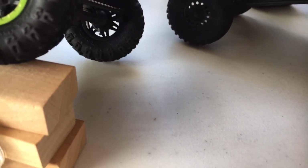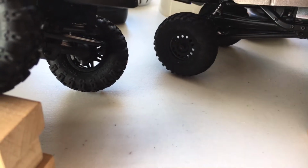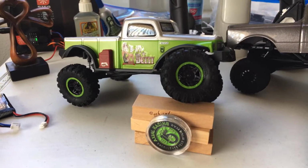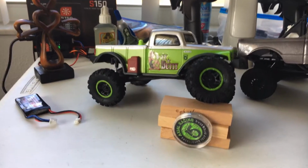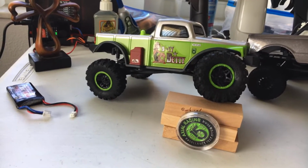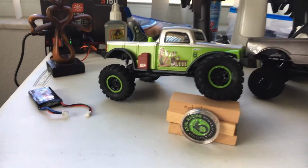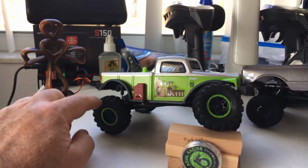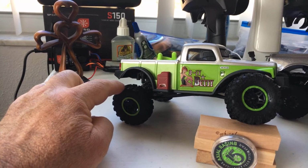This tire back here is just a little bit off the ground still. You can see it's got a little travel. And then we get to the B-17. I have done nothing to this. I'm going to keep this truck completely stock for as long as I own it. Other than maybe having to put a new motor in it or something like that, I'm going to leave it completely stock. And you can see that the B-17 on 3 Jenga blocks, the back tire just moves just barely,